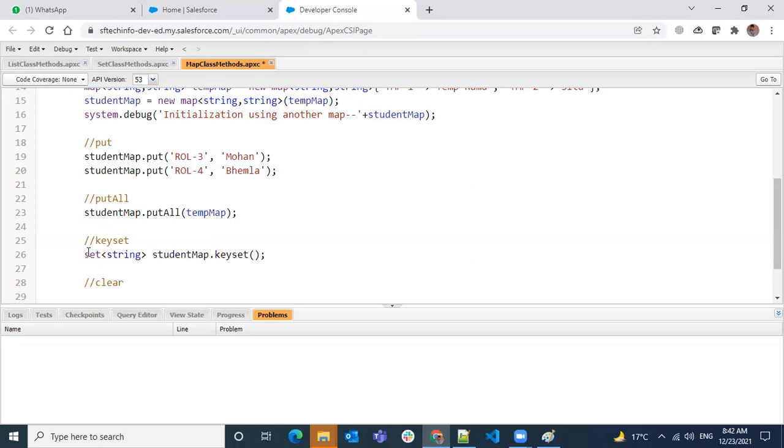So student keys will be copied like this. You can get all the key values from the map using keySet, and the return type of it would be the data type of the key, with the collection as a set. That's how it will be given.